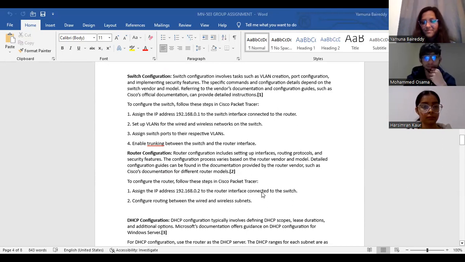Now, let me explain the switch configuration, which involves tasks such as VLAN creation, port configuration, and implementing security features. The specific commands and configuration depend on the switch vendor or model, so refer to the documentation and configuration guide. To configure the switch in Cisco Packet Tracer, these steps need to be followed: assign the IP address 192.168.0.1 to the switch interface connected to the router, as we can see